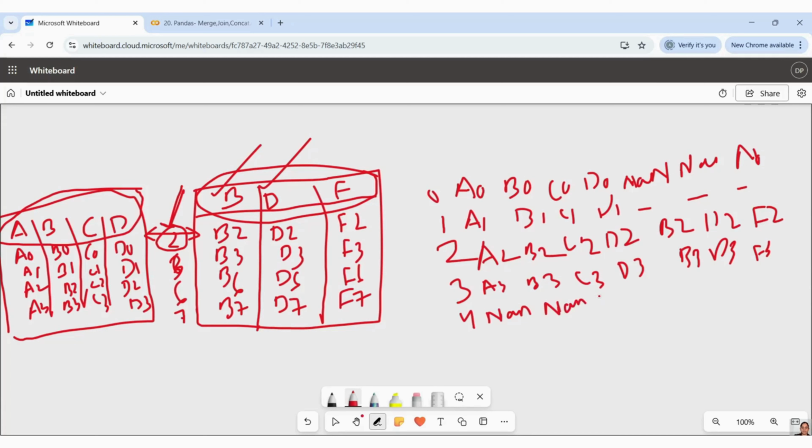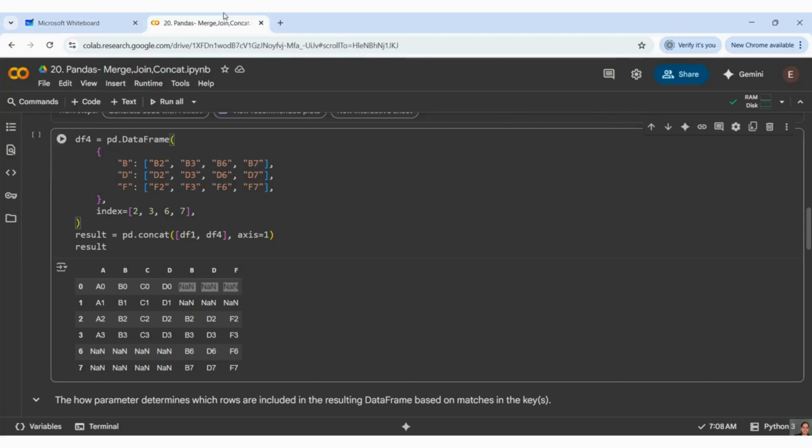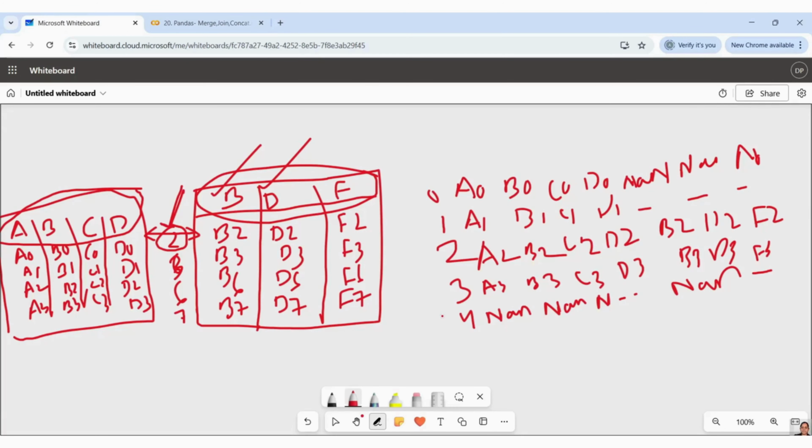In case of this, when I'm talking about this, we don't have anything. Even here in this case also we don't have anything. Similarly, here you can see we don't have anything. 4th index is not there at all. Again, we will see 6th index. So whatever indexes we have, it is just giving you the output based on that.